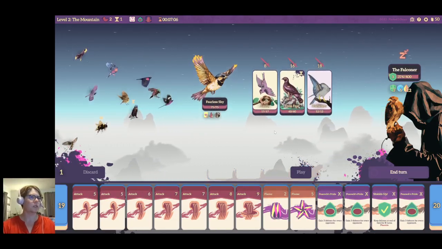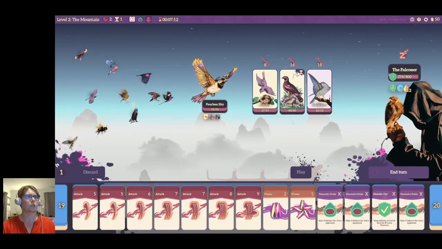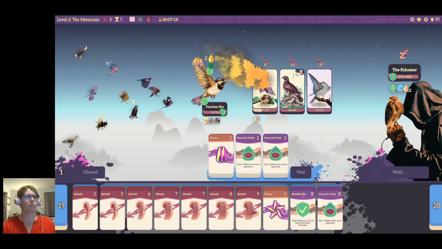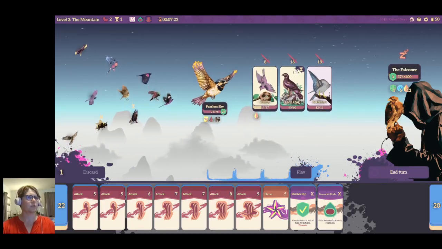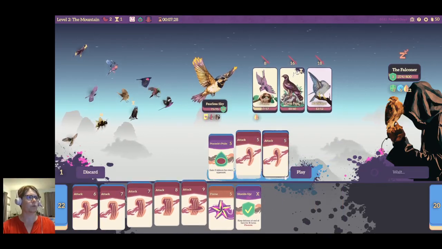So this is nice again, particularly as I don't have to worry too much about defence. Coop Fear, be nice to be able to take him down by 10. But we'll build up the defence first. A few attacks there,